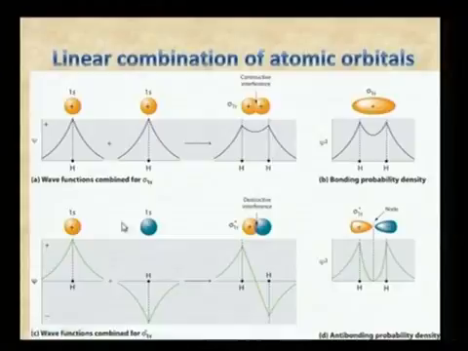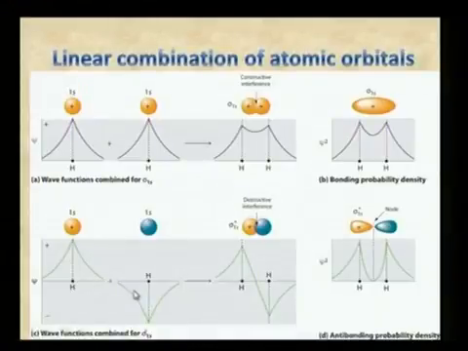Then what is destructive interference? Here two electron waves are combining in different phases with different signs, and when these two electron waves are combined, destructive interference is formed. This destructive interference results in the formation of the anti-bonding molecular orbital. As we already know, the anti-bonding molecular orbital has a node between the two nuclei and it has higher energy and lower stability. When these two electron waves